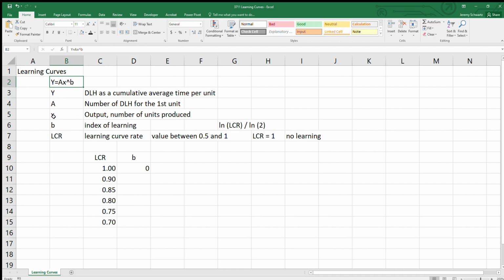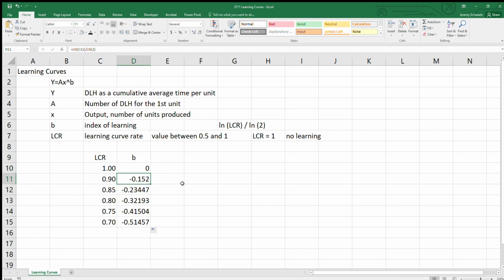If we have 2 units, then it takes 10 times 2 to the 0 power. Anything raised to the 0 power is 1, so 2 to the 0 power is 1, and 10 times 1 continues to be 10. So if we calculate this formula following the B construct here,